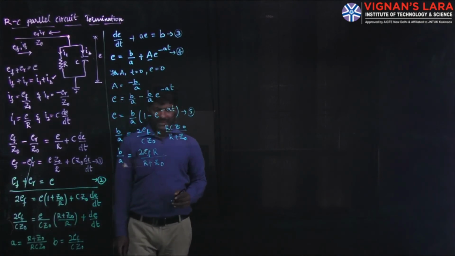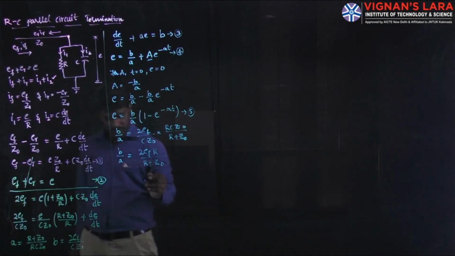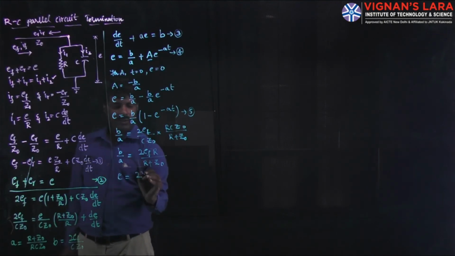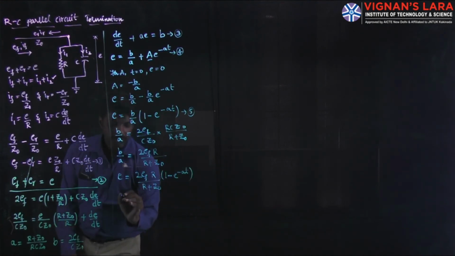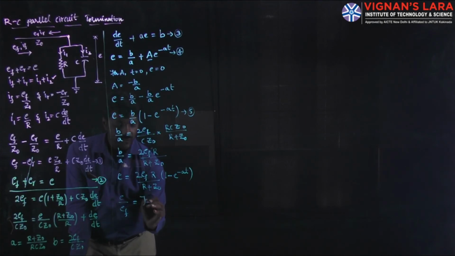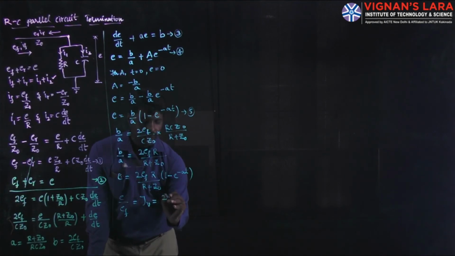Once we have this B by A value, E is equal to B by A into 1 minus e power minus AT. Substituting this B by A, we can get E equal to 2EF R by R plus Z naught into 1 minus e power minus AT. So E by EF, bringing this EF to this side, the ratio of E to EF is tau V, the refraction coefficient, whose value is equal to 2R into 1 minus e power minus t by tau L